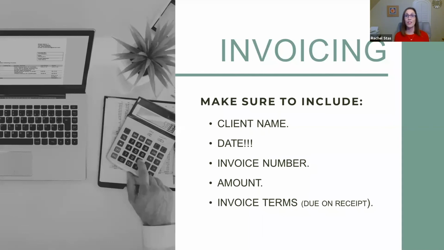the date, and this is really important. The date for some reason gets overlooked a lot, but you want that included, so you know which year and what month you're talking about. An invoice number or some kind of identifier that changes each time, so that you know which invoices are getting paid. And then obviously the amount. If sales tax is something you are facing, you're going to want to make sure that's included as well, as a line item.